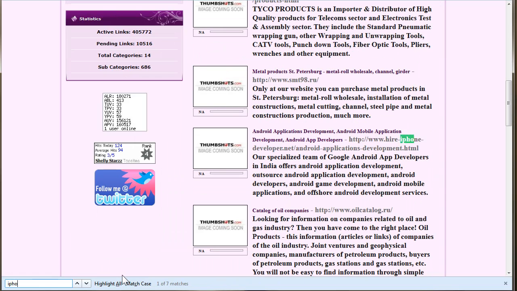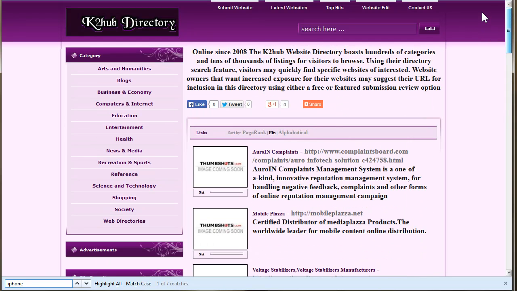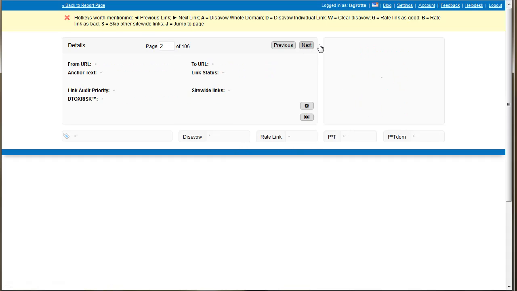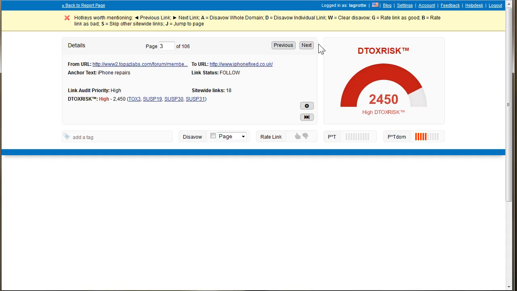But yeah, these sort of things, they're just scraper sites that just scrape a bit of stuff. I don't really know what they're about, but that one's triggering quite a lot of rules, including the Toxic 3 has a high domain risk, so that one needs to go. Let's take that by domain. Don't like that at all. Topaz Labs doesn't seem to want to come up.